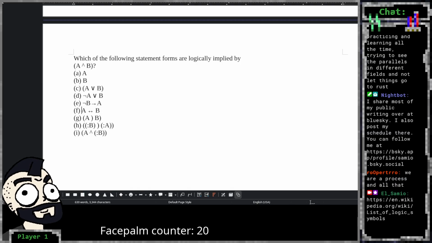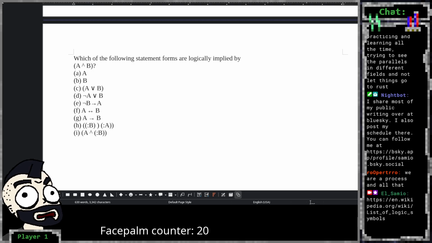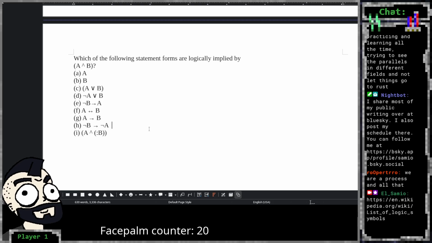G is A implies B. H is not B implies not A. It's faster, let me just do this. And I is A and not B. Oops. Okay, now